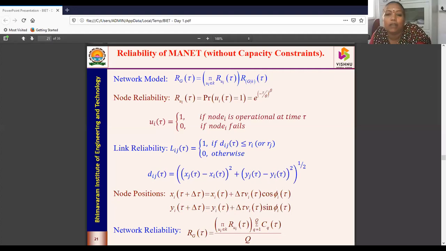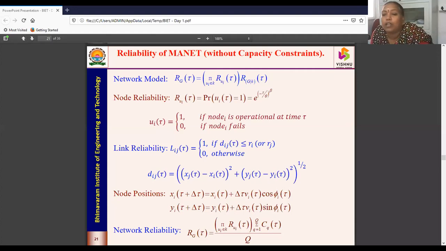Case 3 I'll be dealing with MANET reliability using radio propagation models. I'll give you a gist of the radio propagation models. Here first we'll be dealing with MANET reliability using the FSTRG model. FSTRG is the free space two-ray ground model. And next I'll be dealing with the MANET reliability using the log normal shadowing propagation model.